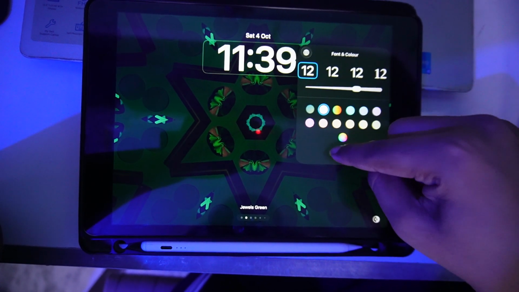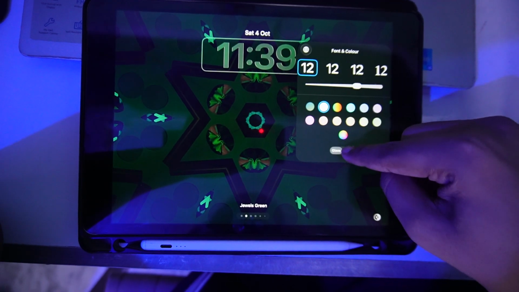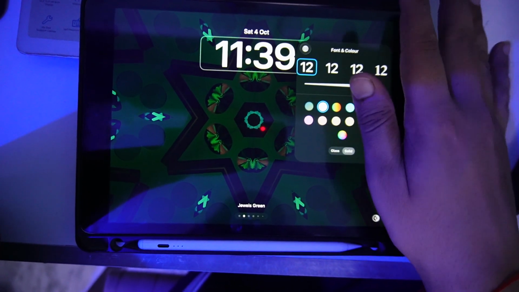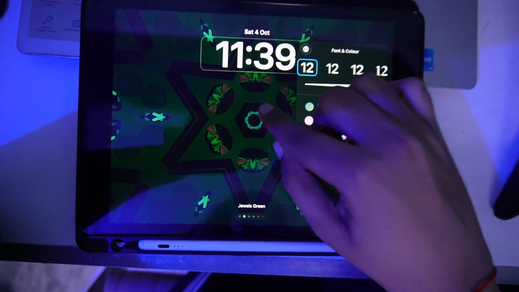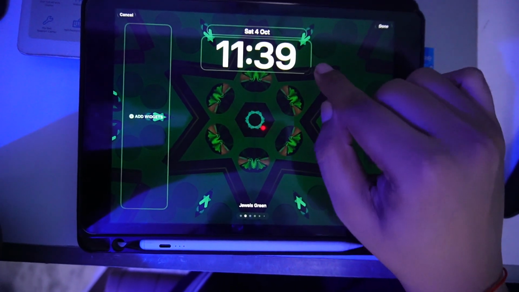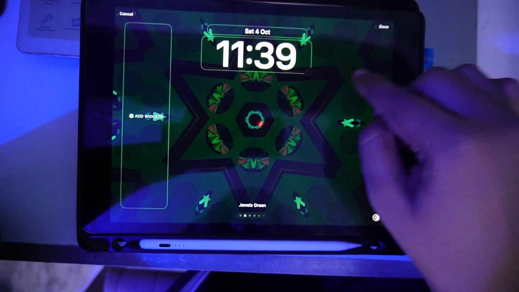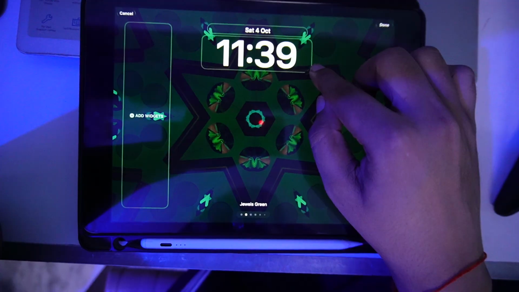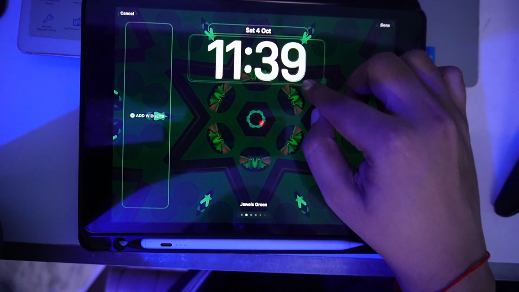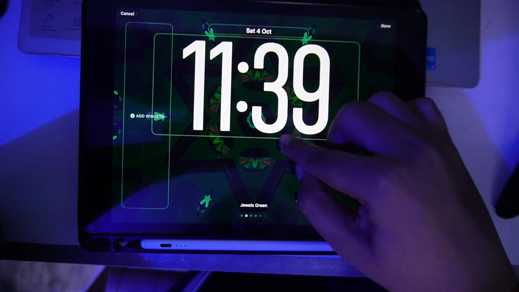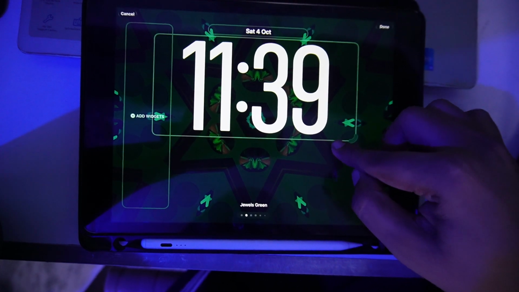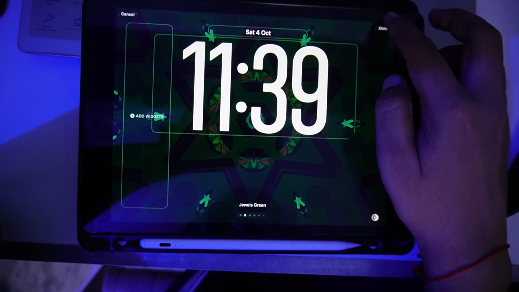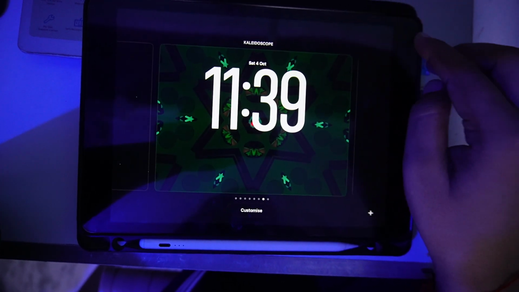Once you choose it, you can choose the glass option, a glass effect, or the solid one. I like the solid one, so I have just chosen that. Now to stretch your time, when you minimize the options, here you will be able to see this option to stretch your time. You can stretch your time to any extent to this point only. Once you're done with this, just tap on done to save it.